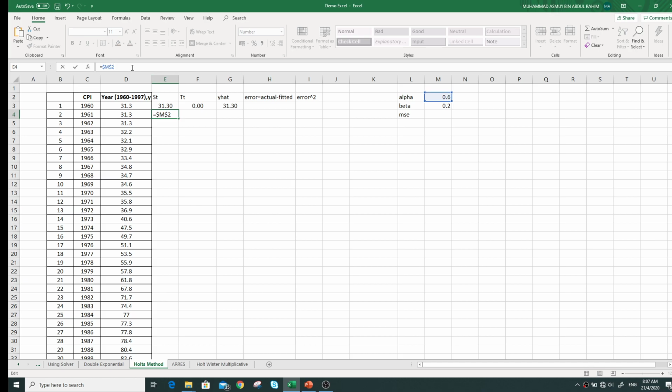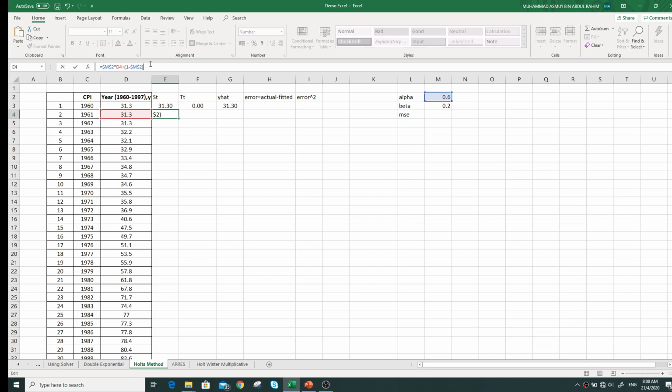So now, alpha times Y_t. Y_t here is the same as our T_t. T equals 2, so Y2, plus